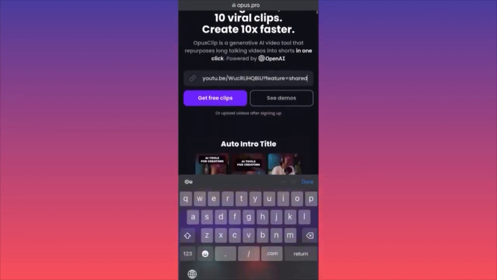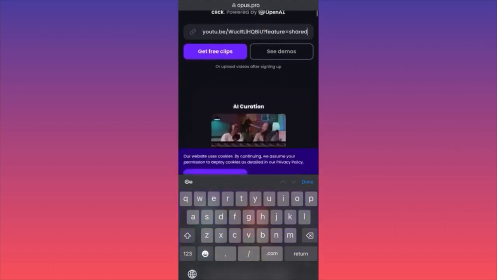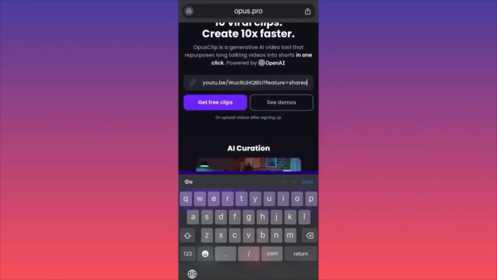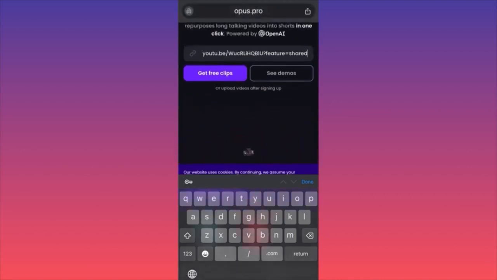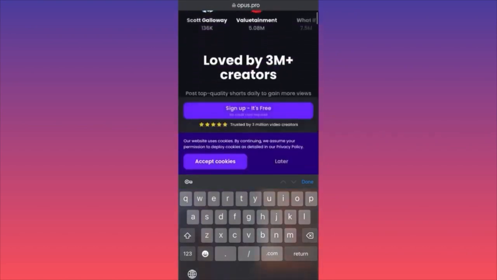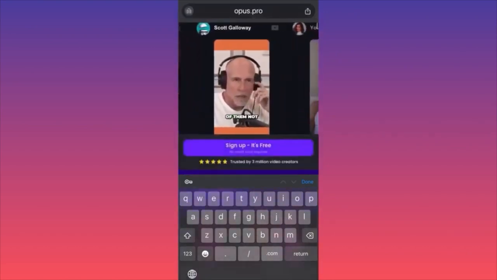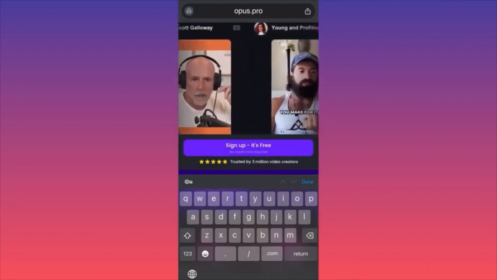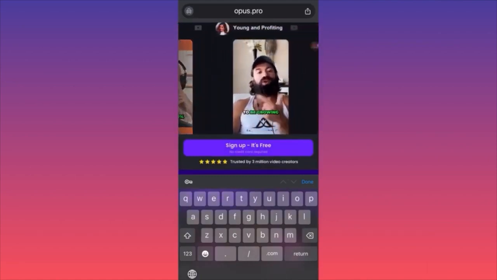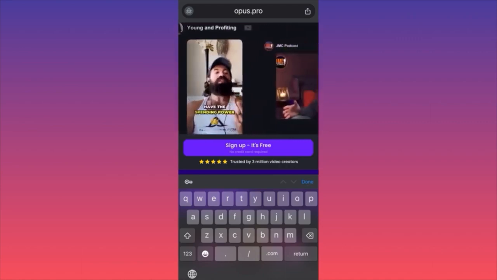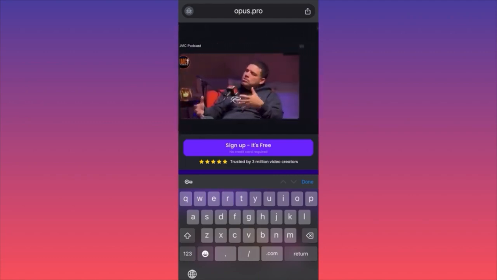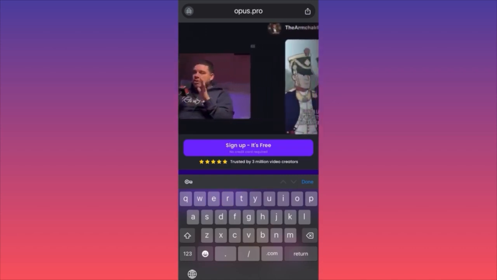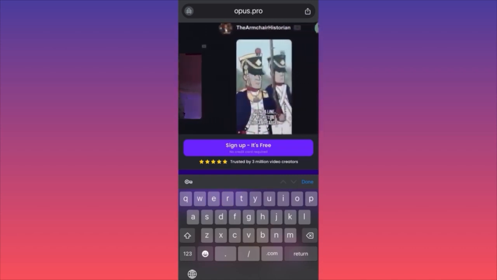Okay, the main point over here is that they will generate 10 short videos, and they're going to send you an email when the videos are ready. You don't have to stay on this page at all. So just paste the link, click get clips over here, and they're going to send you 10 shorts. The shorts will look like this with captions. You can select the styles, and each post will come with a ranking from 1 to 10 for the chance of getting viral. Number 1 will be the highest chance of the video getting viral, number 10 will be the least likely, and they will come with a small description, so you can actually use it.